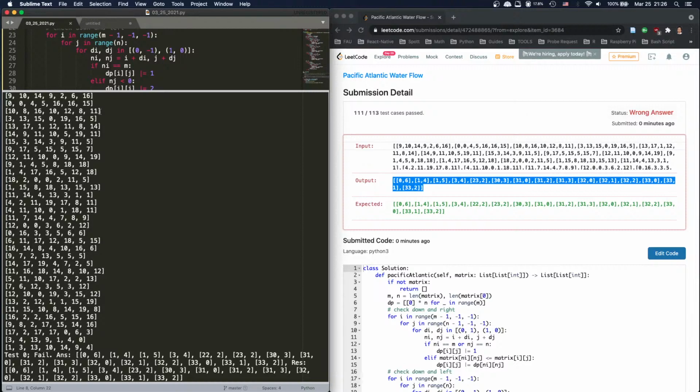23. 0, 1, 2, 3, 4, 5, 6, 7, 8, 9, 10, 13, 14, 15, 16, 17, 18, 19, 20, 21, 22. Yeah, this is 22. 22, 2. 0, 1, 2. This one. How did I miss this one? It's the largest number. We can go this way. Cannot go this way. We can go, oh my god, this is